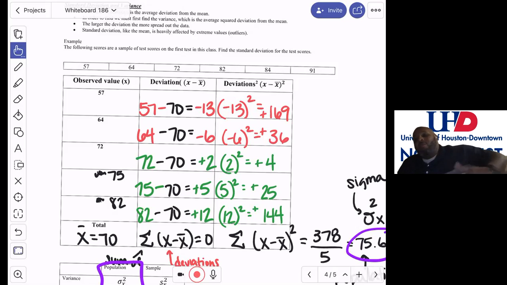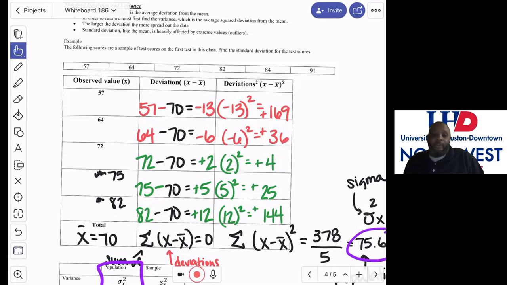Now, the normal curve has its own type of average, but when we talk about this in statistics, we talk about normal and the word average. They're the same things. So when I ask you to find a standard deviation, I'm actually asking you to find the standard, meaning average, the average deviation from the mean. And so when we talk about a deviation from the mean, we need to realize that